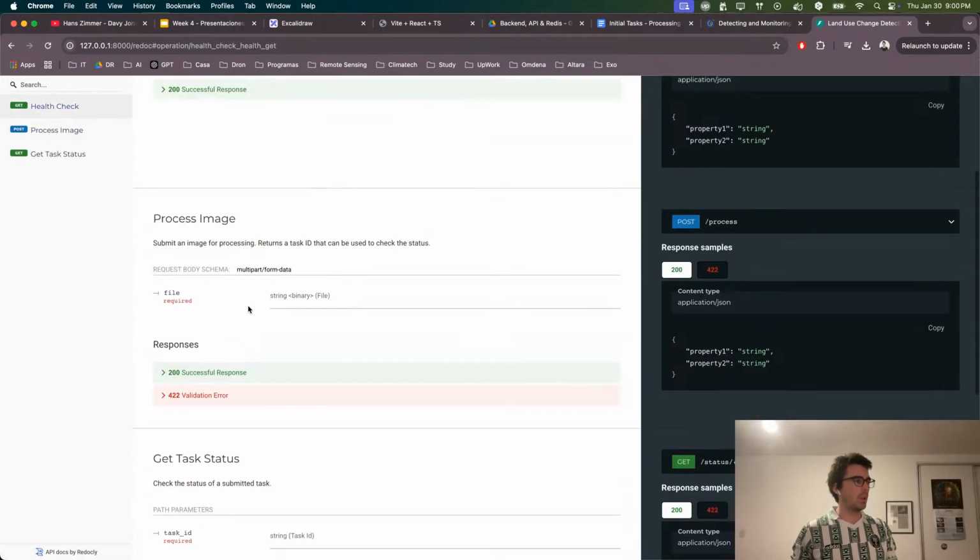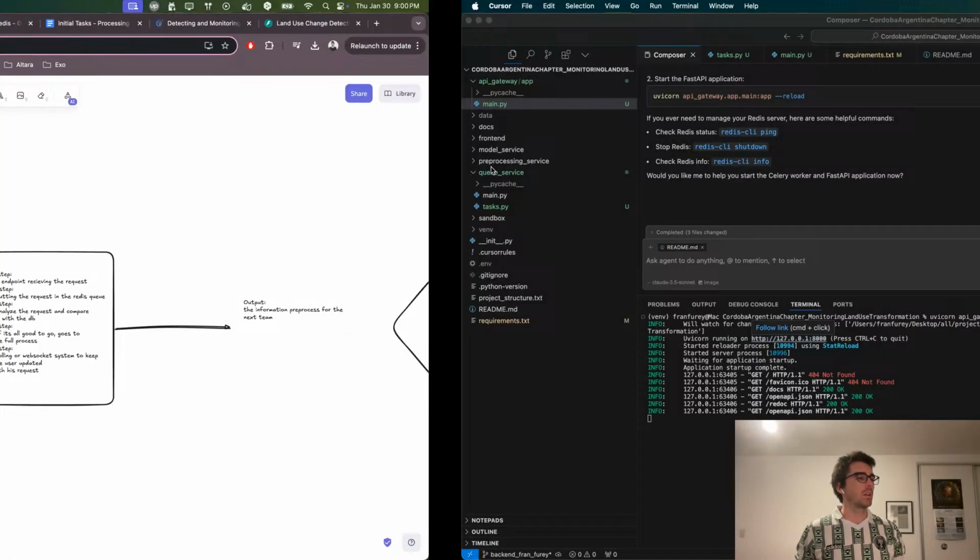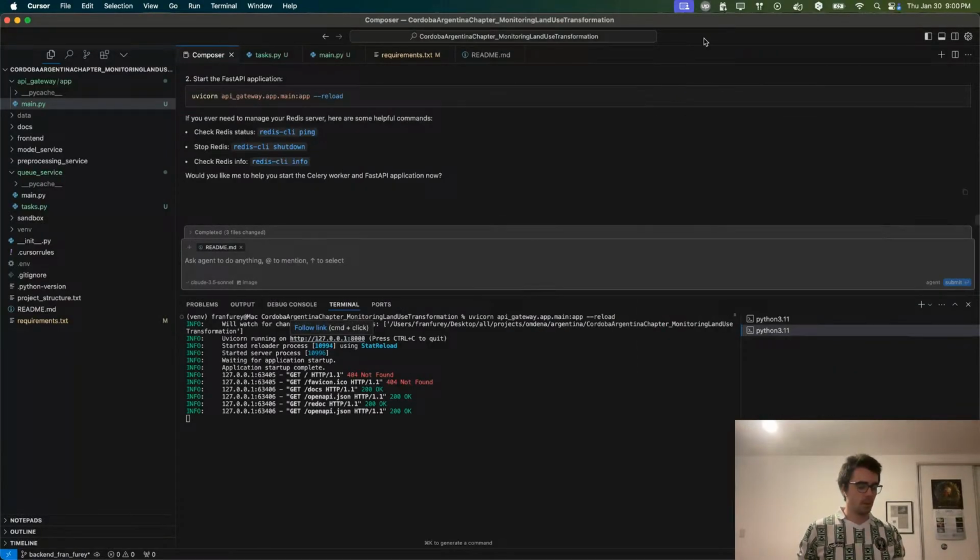So one thing that I see is it's waiting for a file here, but actually we want to pass through, as we did talk before, a polygon, a start date, an end date, and a period. So let's copy this. Let's come here. Let's say, hey,